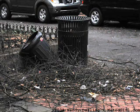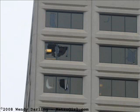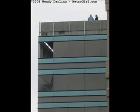Hi, this is Wendy Darling, and it's been about 2 months since a tornado hit my neighborhood in downtown Atlanta, Georgia. These are pictures that I took the next day. I went out by myself and also later with friends to look at some of the damage. We'd actually gone out that night for 2 or 3 hours to look at the damage